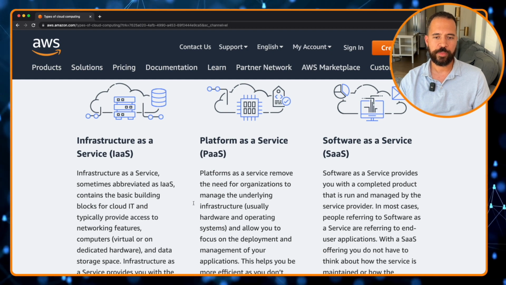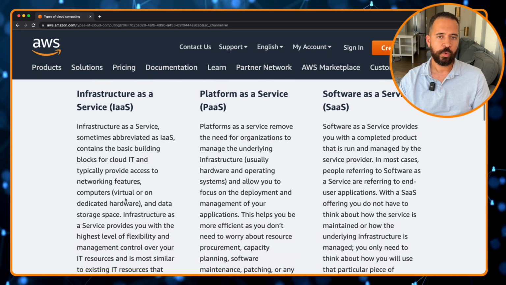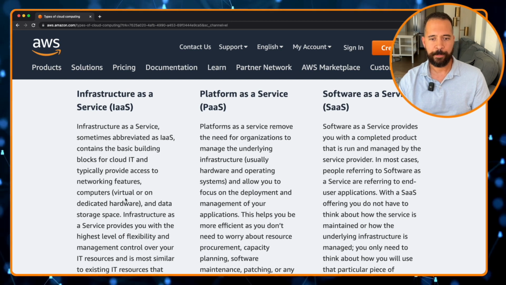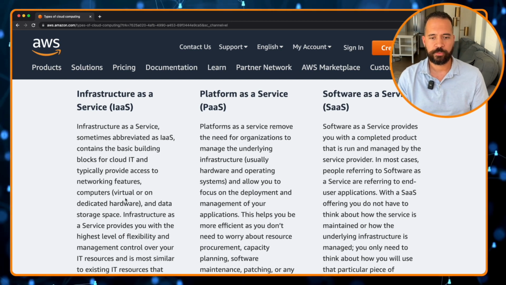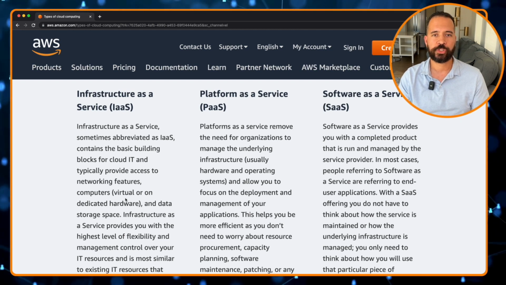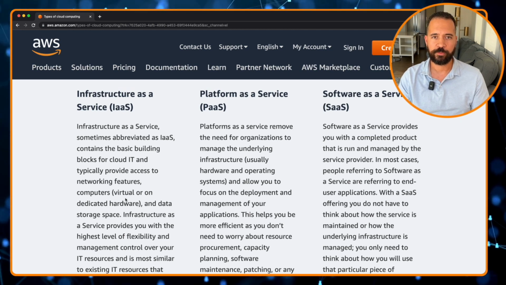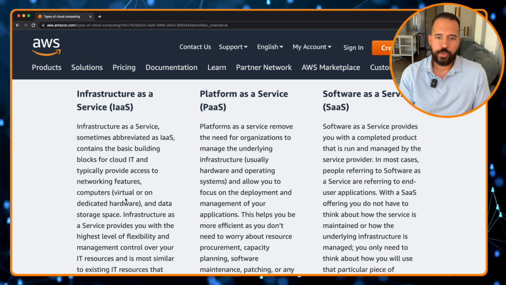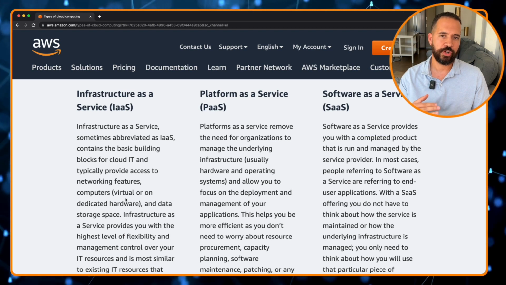The thing with infrastructure as a service, while it is extremely great, is that you are at the infrastructure level. And when I say infrastructure, I'm not talking about the underlying infrastructure that your cloud provider is responsible for to give this service to you. I'm talking about the infrastructure that runs on top.